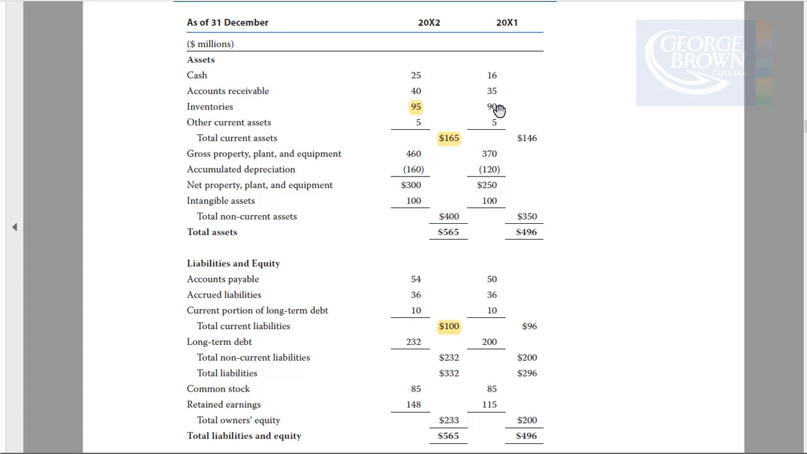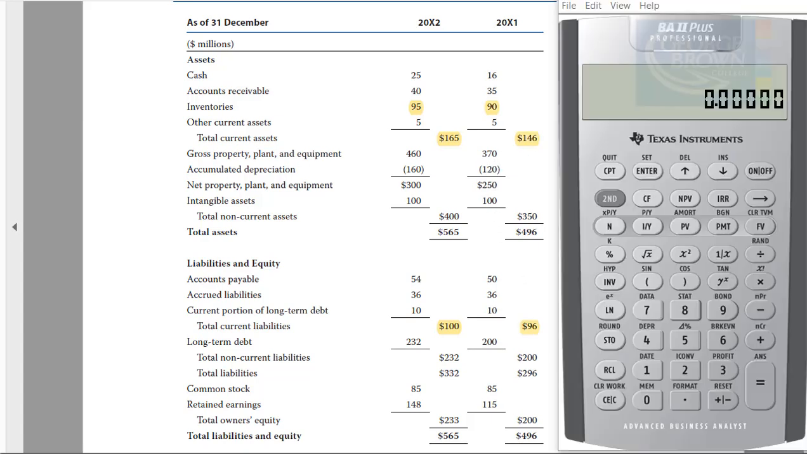Okay, so again, as I said, we could do a comparison to the previous year. So if I bring up my calculator in here and highlight 20x1, the current ratio for 20x1, current assets of 146 divided by current liabilities of 96, we can see that we have 1.52, okay? So 1.52 is less than 1.65. So in fact, the current ratio has gotten better for ABC Company, but if we use a rule of thumb